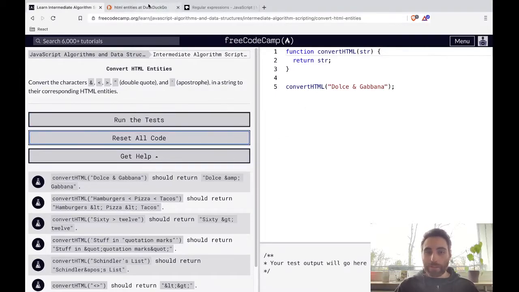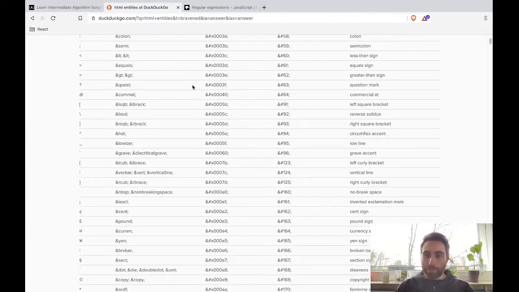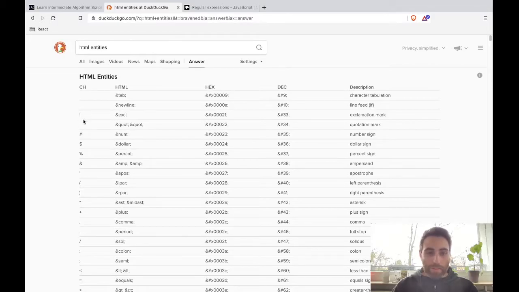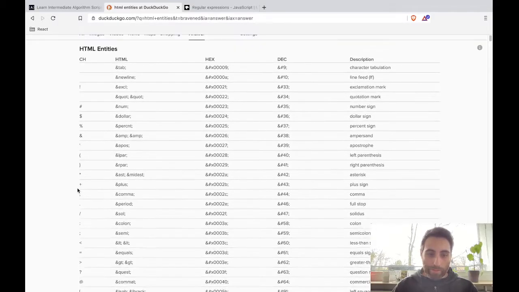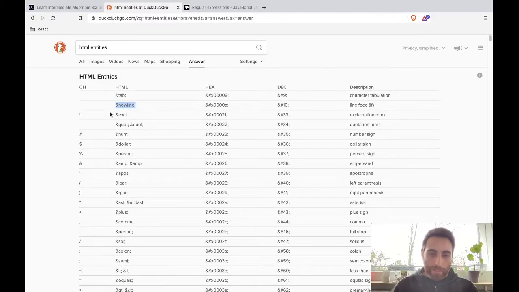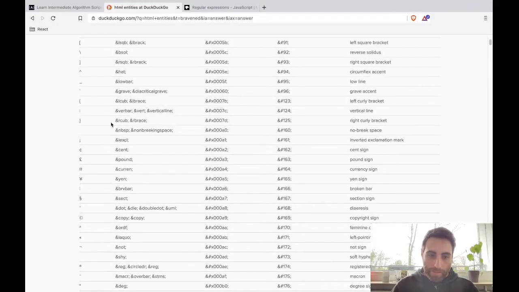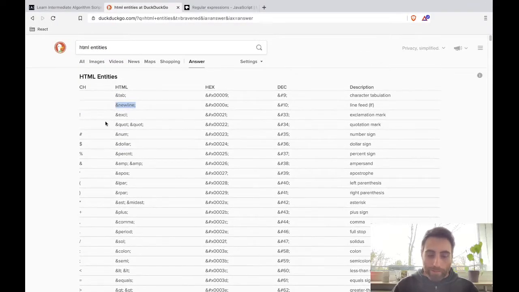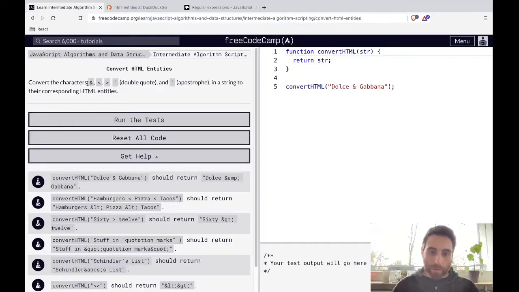Now if you don't know what an HTML entity is, it's basically that HTML cannot really handle special symbols, so that's why it has its own way of displaying them. You might also see that it's similar to what happens to URLs. They get parsed into something that can be interpreted by the browser. So that's what we are going to do today, basically replace some values with their corresponding replacements.